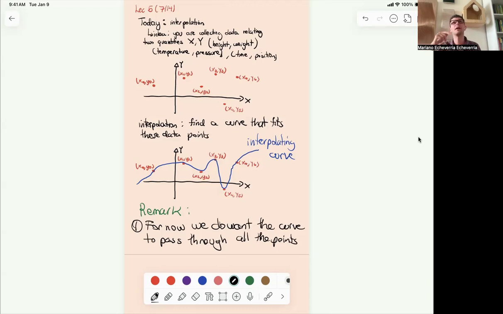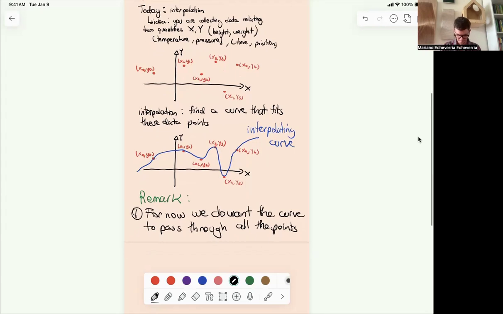And then the other assumption that we'll make, which is a reasonable one, is that no two points that we're trying to pass through have the same x values. So